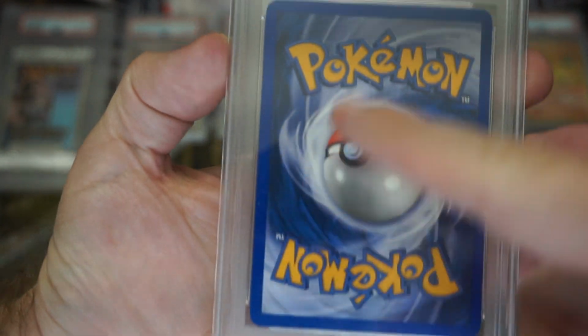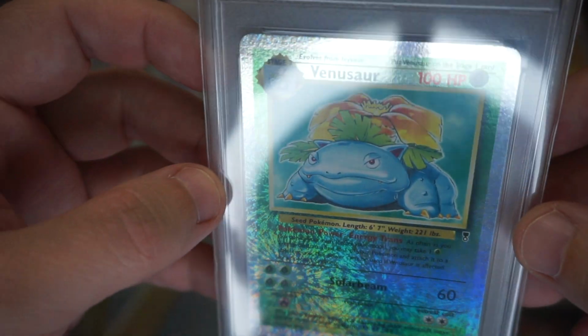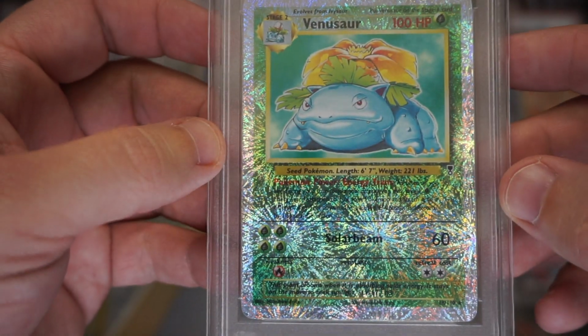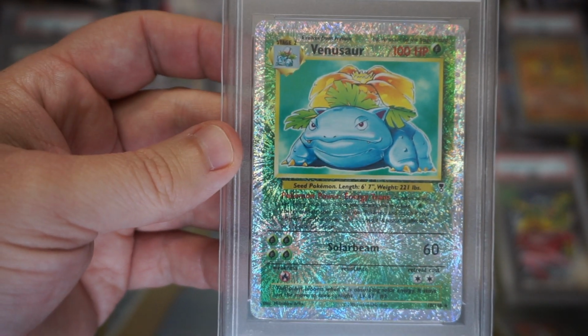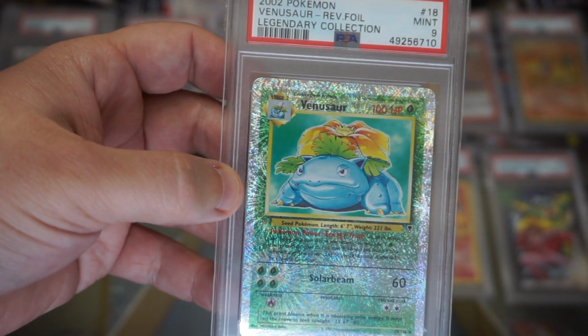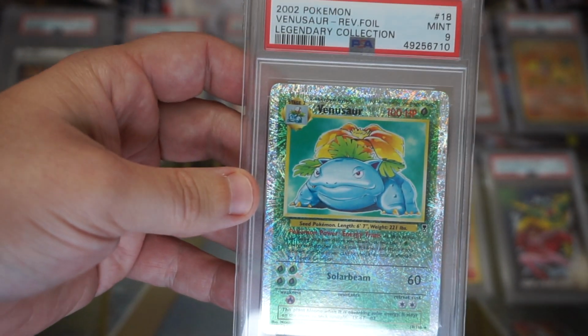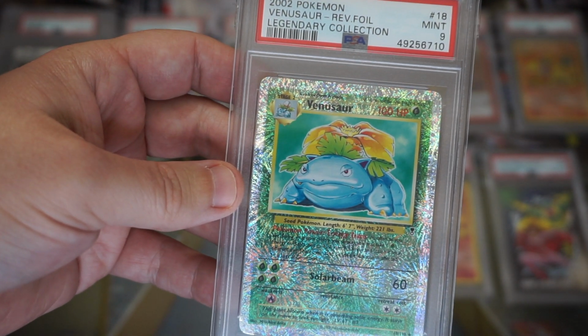It has no edge wear, no corner wear. Surface is flawless. It is pack fresh. There is not a single scratch on this card. There is no logical reason that I have found that this should be a PSA 9. Other than, here's the tinfoil hat, the fact that the PSA 9 is worth about $1,000 and the PSA 10